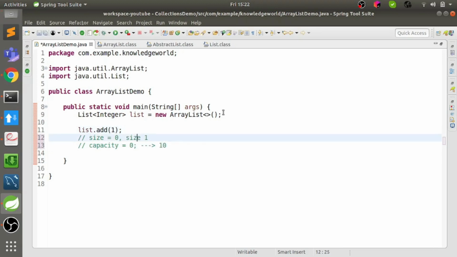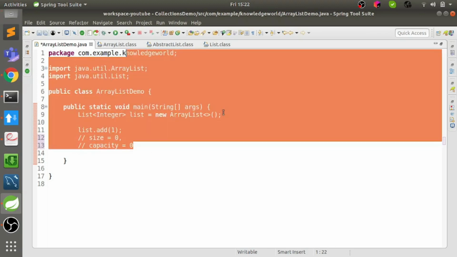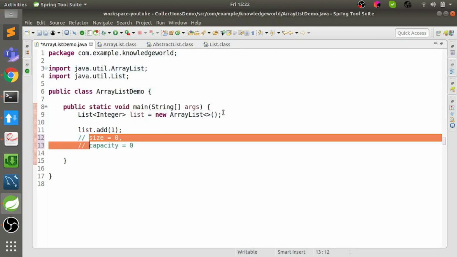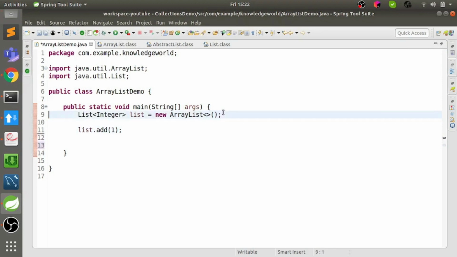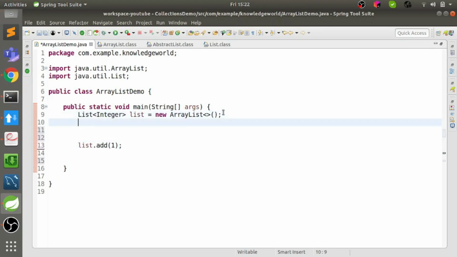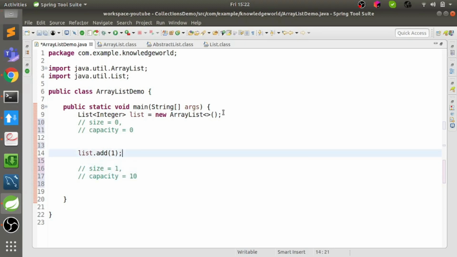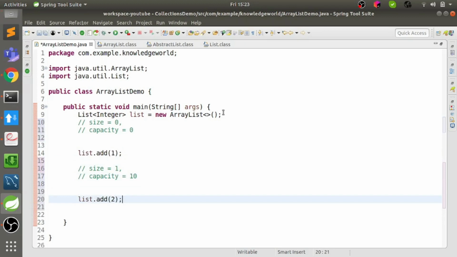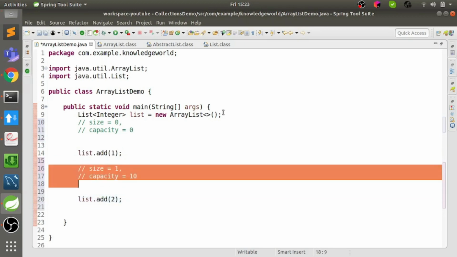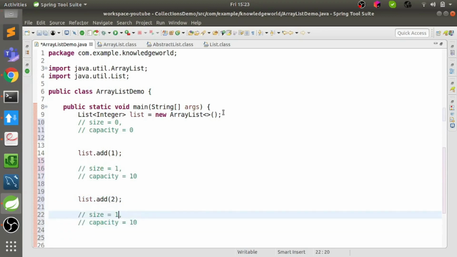So initially, if I write this in a better way, after writing this line the size is 0 and capacity is 0. After writing this line, size is 1 and capacity is 10, right? Now if we add one more element, let's say I add 2, then size would be 2 and capacity would again be 10, because it will not increase the capacity for every subsequent